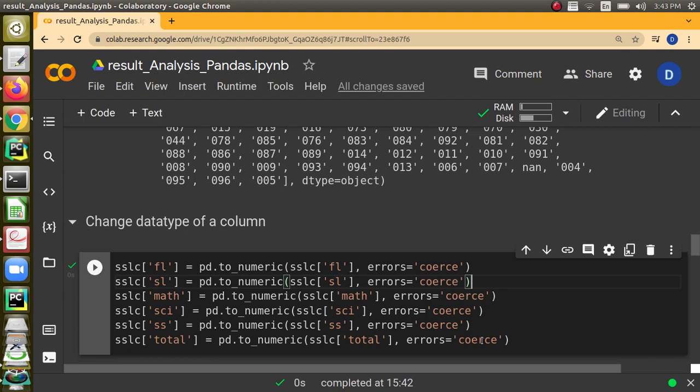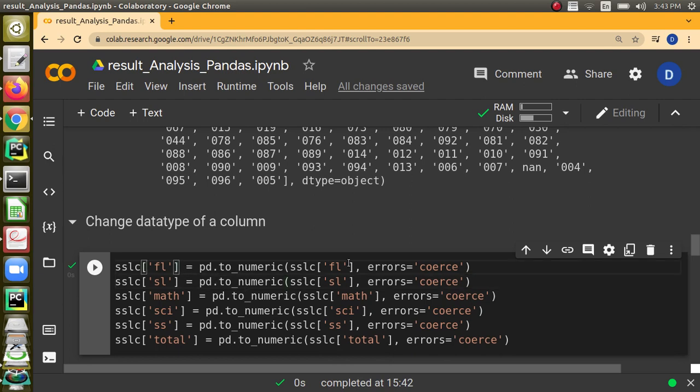But to_numeric has got an option, errors equal to coerce. When you give this, it will ignore the null values, right? Errors generated by null values will be ignored when we give this keyword argument, errors equal to coerce. So we are going to use that, and we are going to convert all the fields: first language, second language, mathematics, science, social science, and store it in the column also.